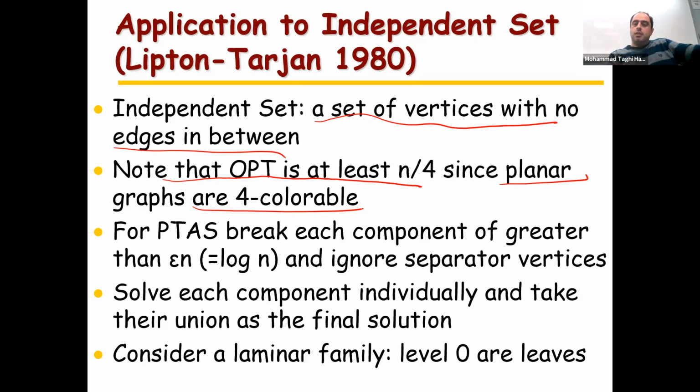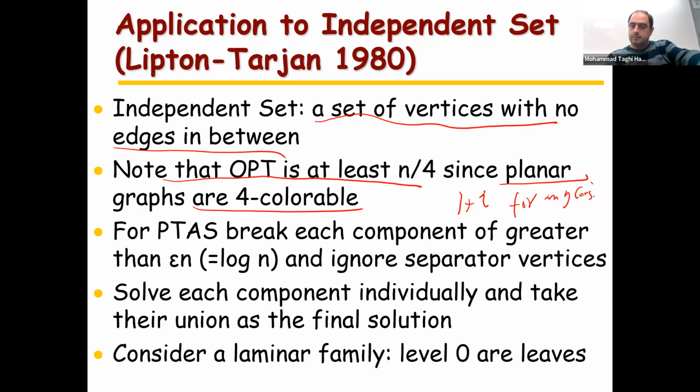So we have a constant factor approximation for this problem, because you just 4-color the graph and take the class with the maximum size. Here I want to get a 1 plus epsilon approximation